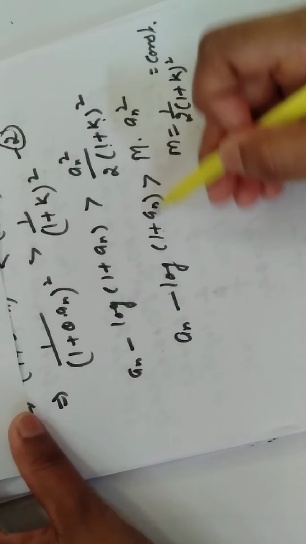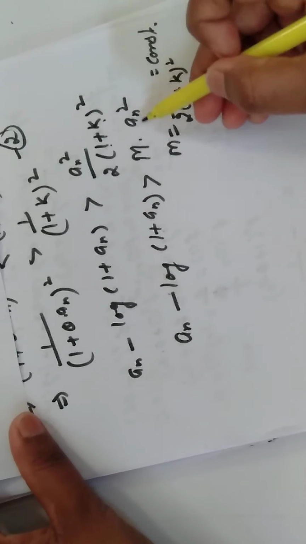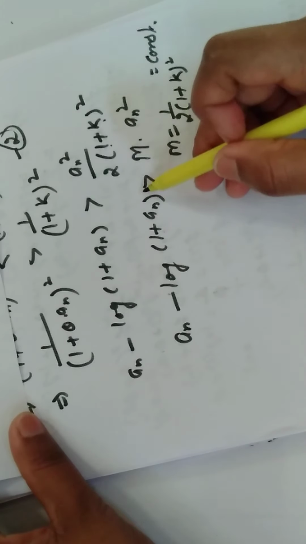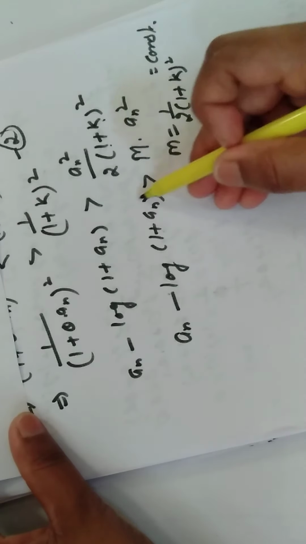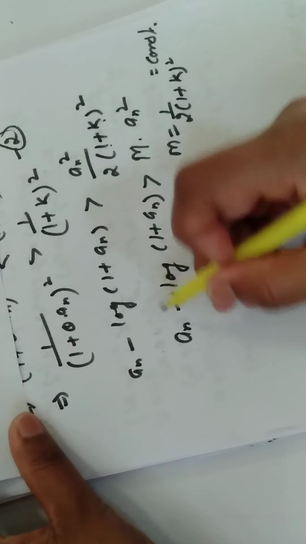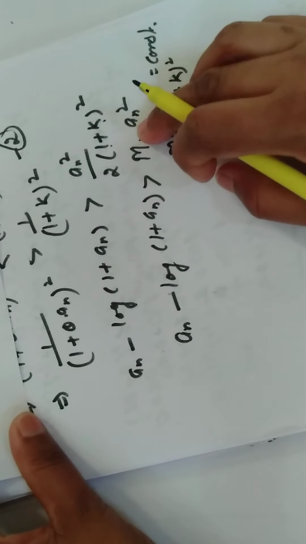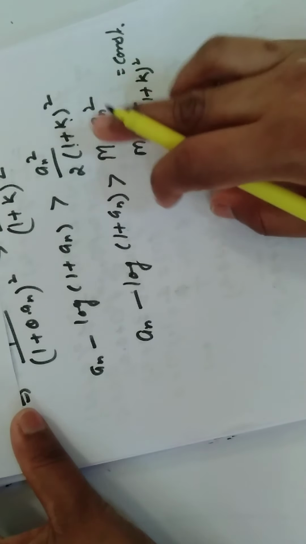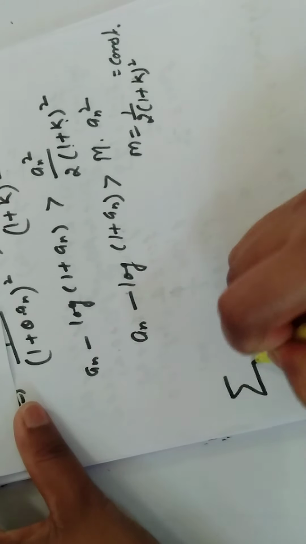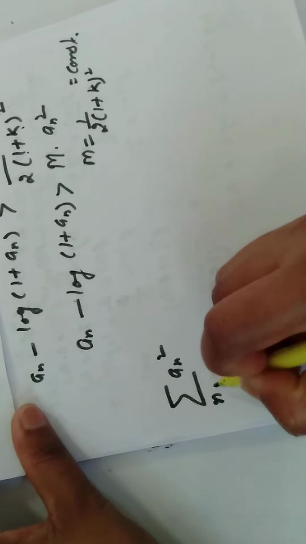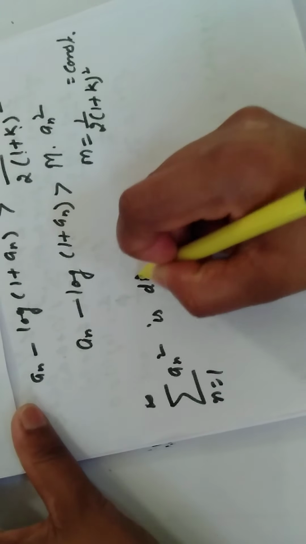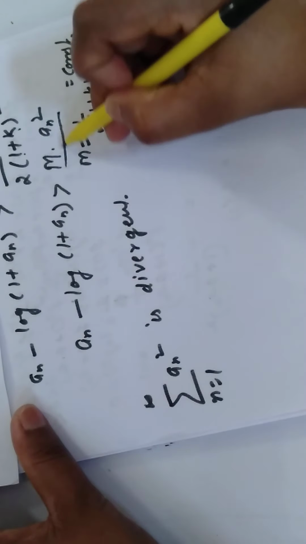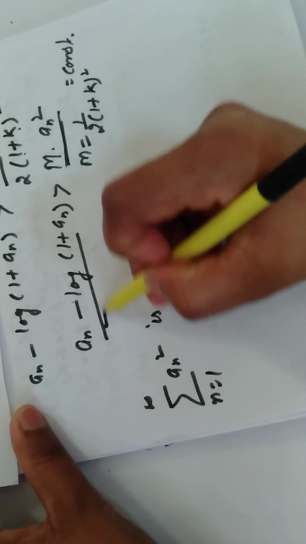Now the term on the right hand side is positive, and any number which is greater than a positive number is also positive. So this is a positive quantity, right? So if I consider the series, both sides are positive term series, so I can use the comparison test, first form. You are given that summation n square, n varies from 1 to infinity, is divergent. So by comparison test first form, if the series on the lower side is divergent, then the series on the bigger side is also divergent.